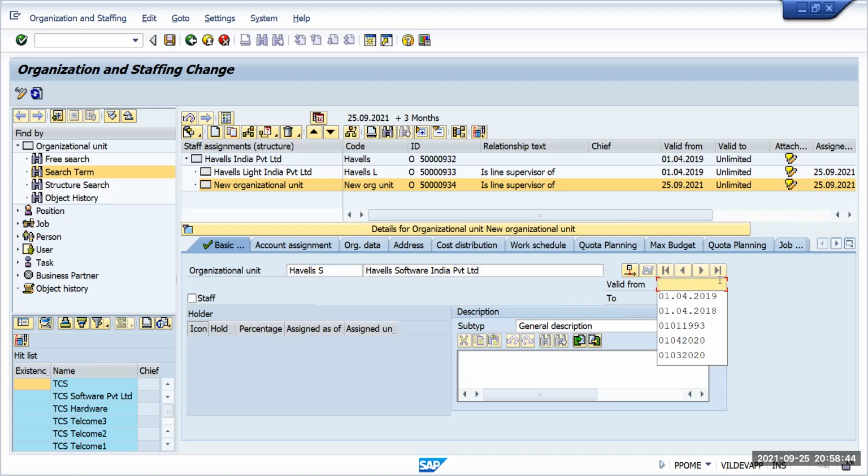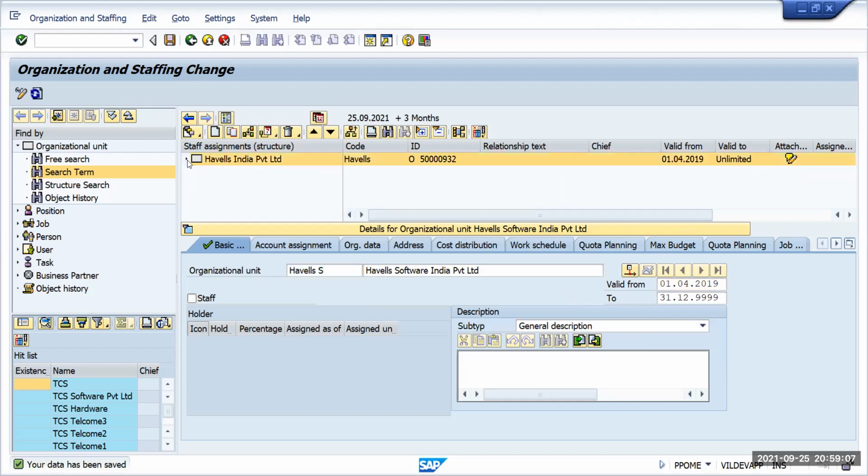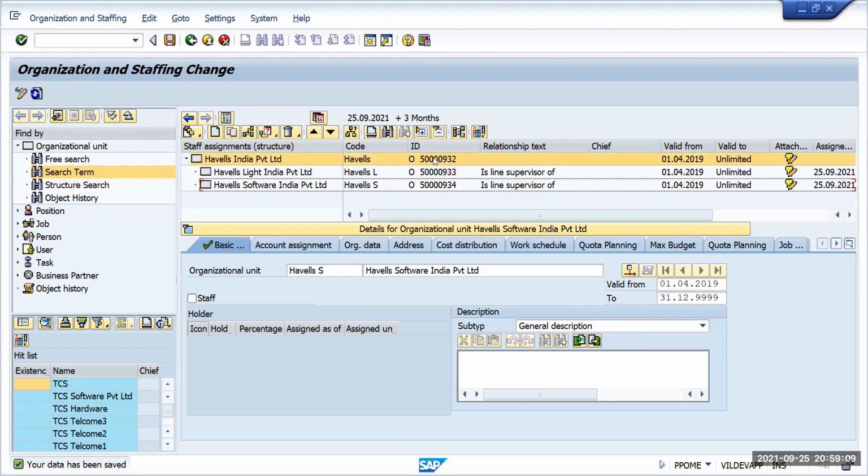Whatever starting date you want, but it should not be earlier than 1st April 2019. After that you can do anything, and the system will accept it. So I'm just saving. This is the save option. Fine. So within Havels, this is the division. This is the organization.